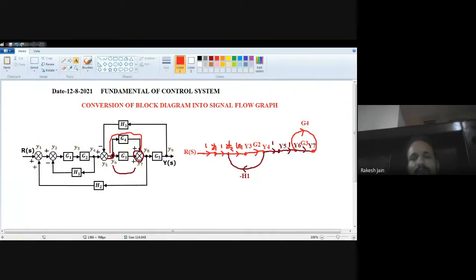Now in between the y7 and y8 nodes, see in the block diagram representation, this one is y7, which is represented by a node here, and this one is y8. In between there is a line only, so this is the y7 node, and I just put a value as 1 and draw the y8 node.